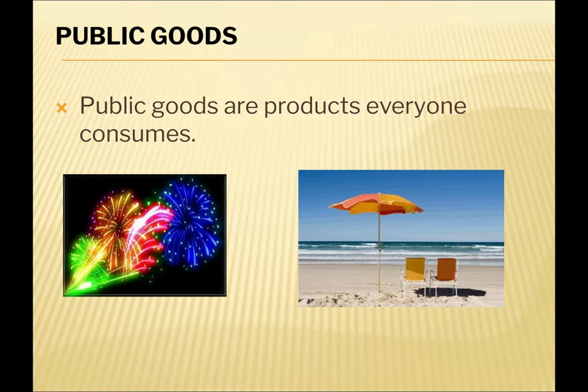Fireworks. Remember on the video, we talked about how you can't stop somebody from looking up at the sky and seeing the fireworks. And we also have that non-exclusion and non-rivalry example that I want to touch on again. With non-exclusion, that would be the firework example. And that just means that you can't keep people from using it if they don't pay, or you can't keep people from viewing it if they don't pay. Non-rivalry, we could say, this public beach.